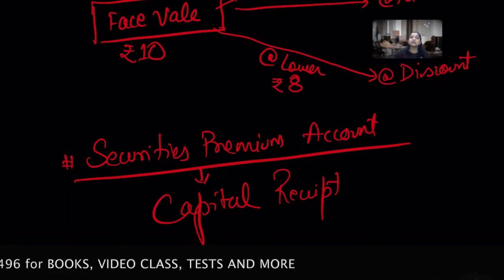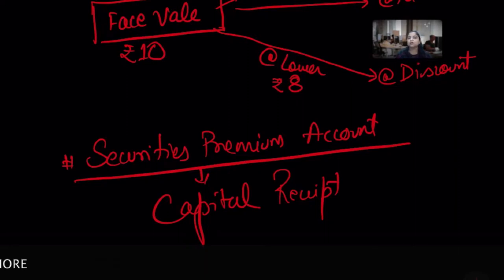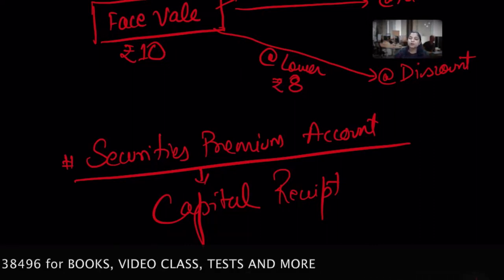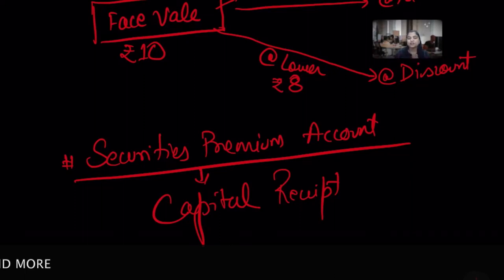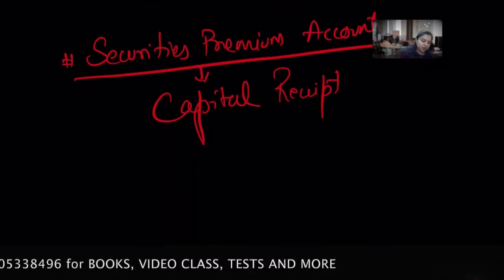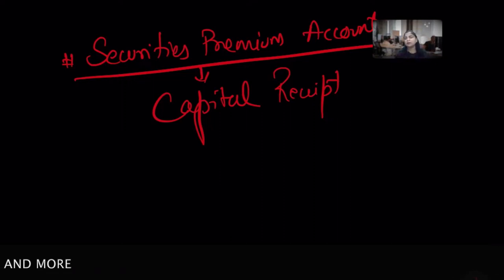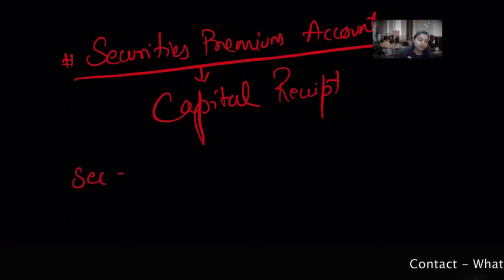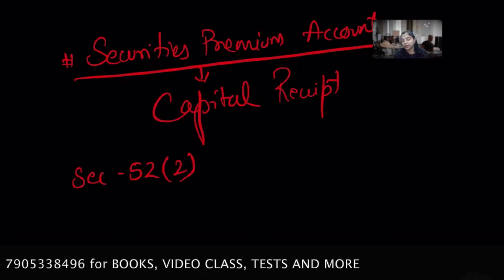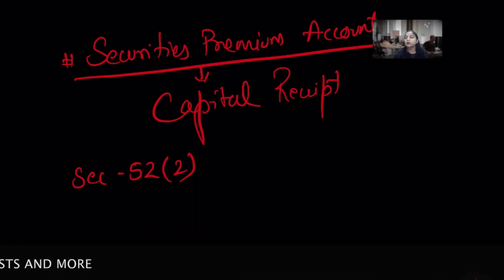There is some restriction under the Companies Act on the application of the premium money received, which is as per Section 52 subclause 2 of the Companies Act 2013. That means the securities premium must be used for specific purposes. That is the only restriction. The restriction is on disposing, not on issuing. Hope you are gathering the information. I will highlight that theoretical portion, which might be asked in your question, so I want you to be well prepared. It is not mandatory to memorize the section. If you are comfortable, quote the right section; do not mention wrong quotations, use the right one.